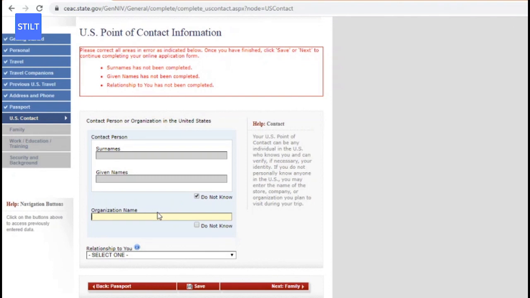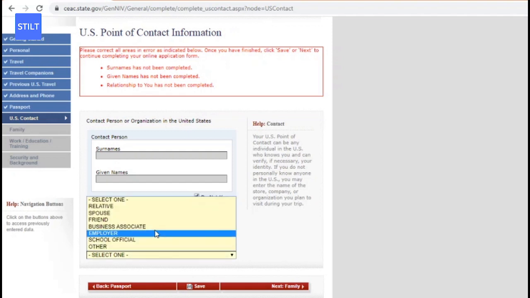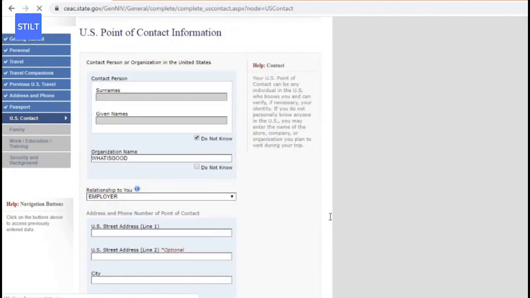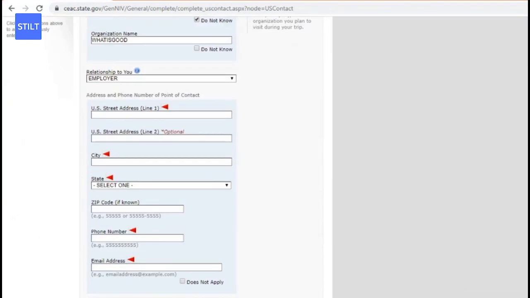So organization name, I'm gonna give what is good. Relationship to you, employer. Now they're gonna ask the address of the organization. So I'm gonna go with 10411 Richland Avenue, City, Athens, State, Ohio,